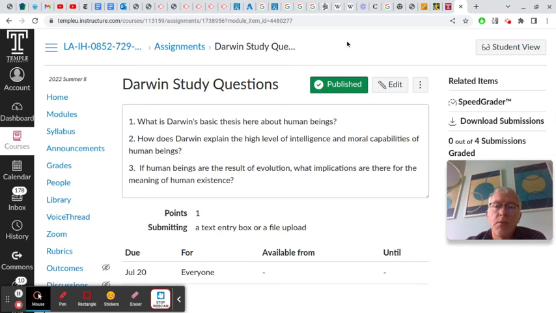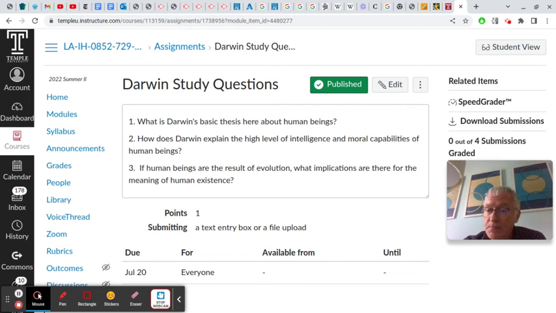Let's review the Darwin study questions. Number one, what is Darwin's basic thesis here about human beings? The basic thesis is that human beings evolved like every other living thing. So that human beings are related to the rest of nature, that we share a common ancestor with all other living things, and that we are not, human beings, the result of a special, distinct act of creation,